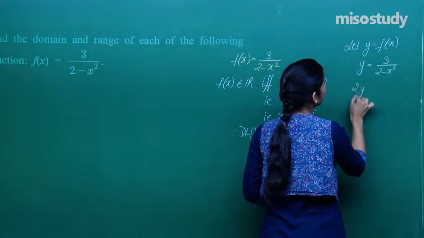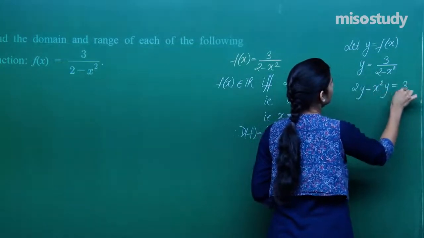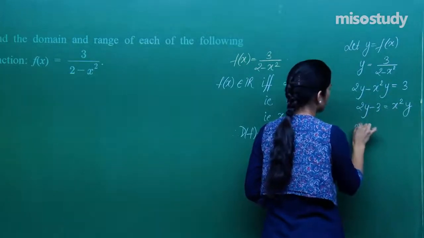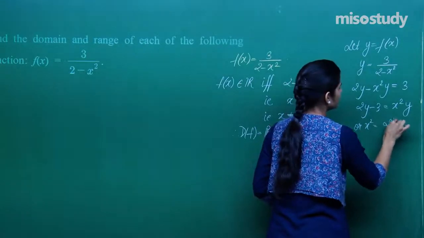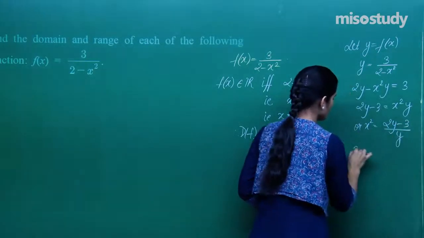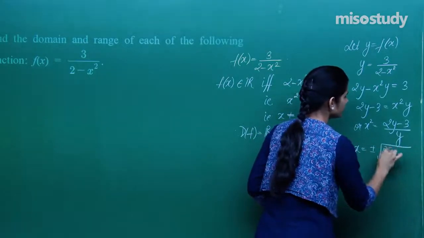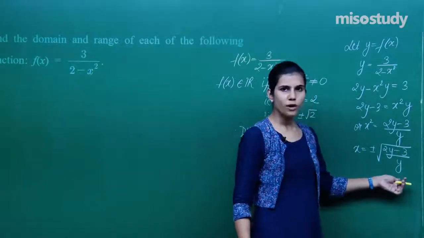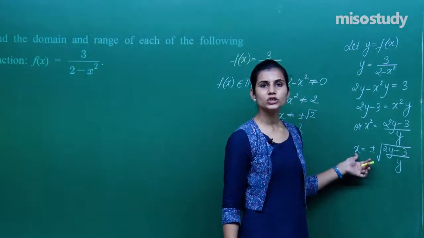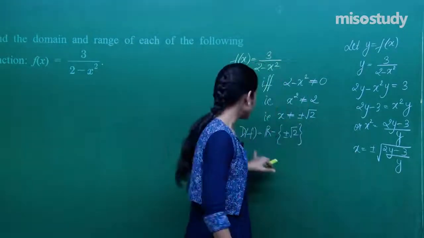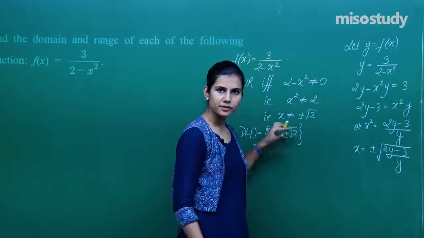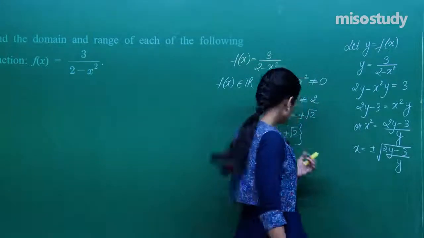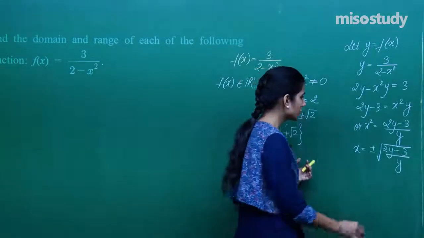So this is 2y minus x square y equals 3. So you get 2y minus 3 equals x square y, or x square is (2y minus 3) upon y, or x is plus minus root over (2y minus 3) upon y. For what values of y is x belonging to the domain of f? The values of y for which x belongs to the collection of all reals minus plus minus root 2 are those